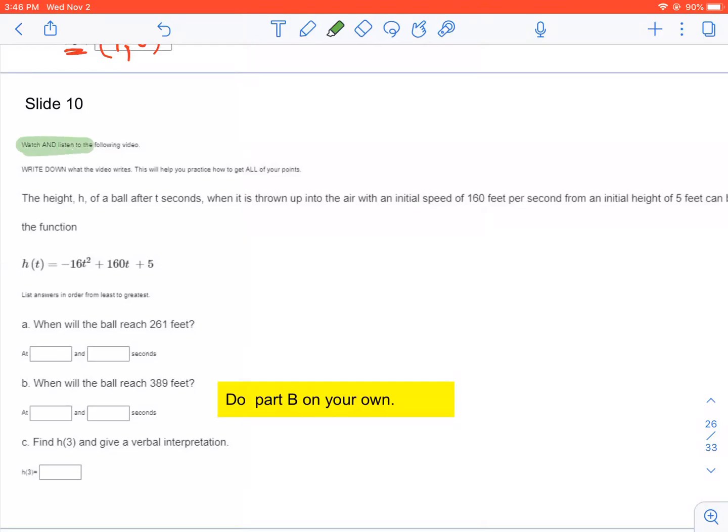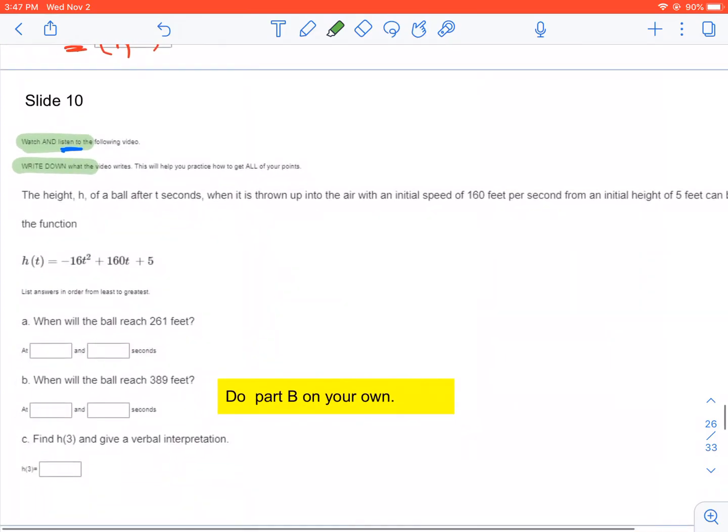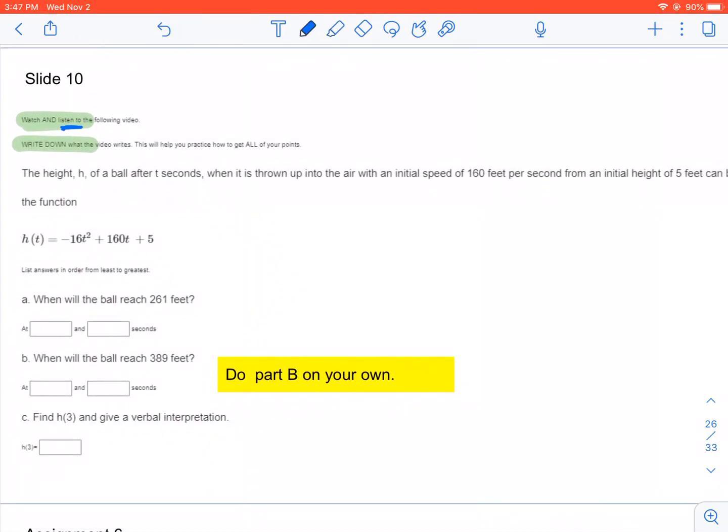Slide number 10, remember we're watching and listening as well as writing down what I'm writing down on the video. The height h of a ball after t seconds when it's thrown up into the air with an initial speed of 160 feet per second from an initial height of 5 feet can be modeled by the function, and then we have this function. So we're always going to type in if we have expressions or equations,